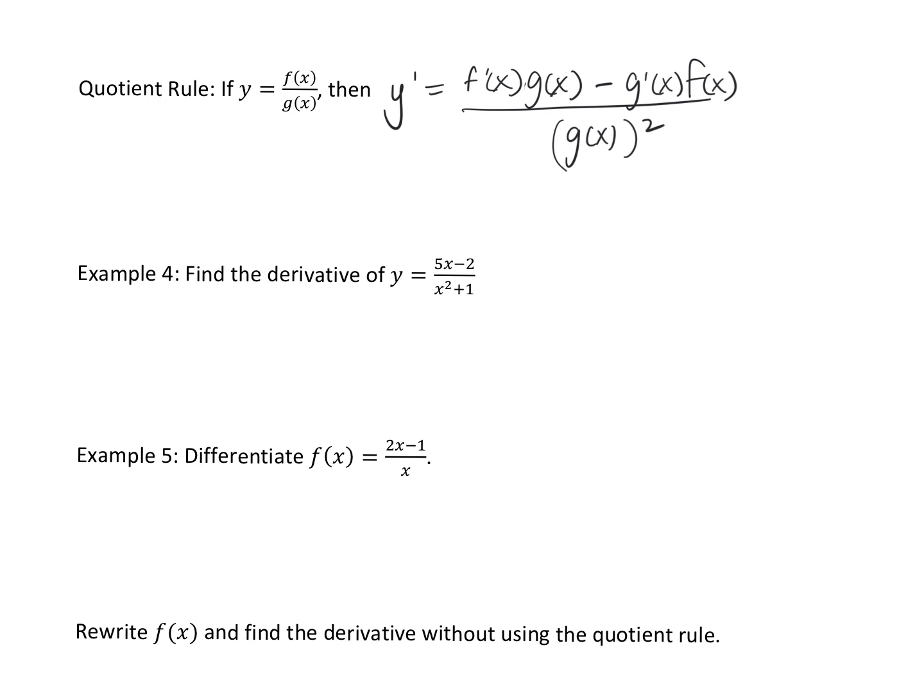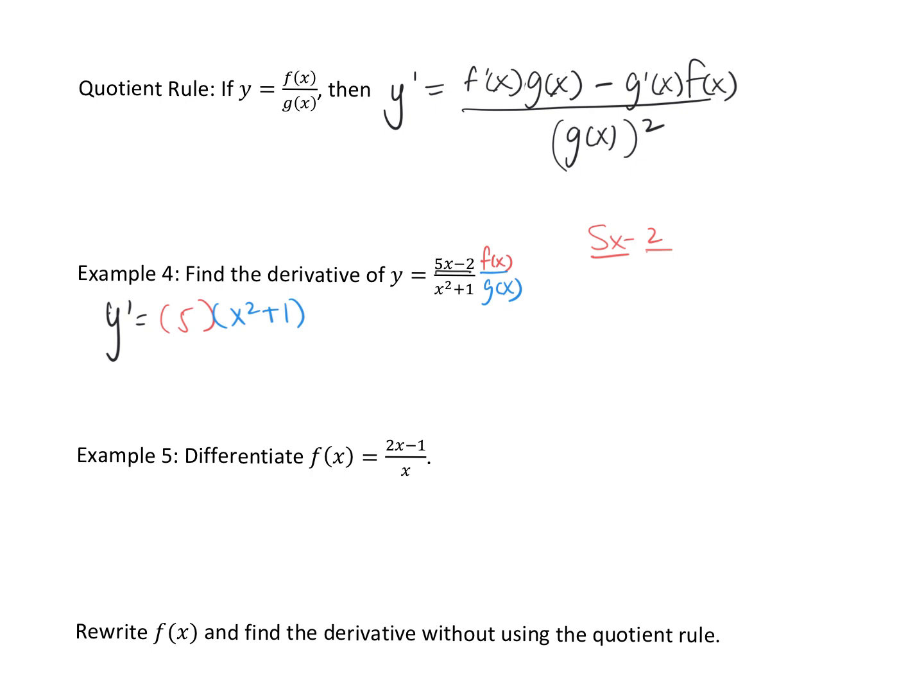So let's try this problem here. I have a function on top divided by another function. So I'm going to take the derivative. So I have y prime, the derivative of the top. The derivative of the top is just 5. Remember, 5x minus 2: the derivative of 5x is just 5, and the derivative of negative 2 is just 0, so we don't have to add that together. Times the bottom,